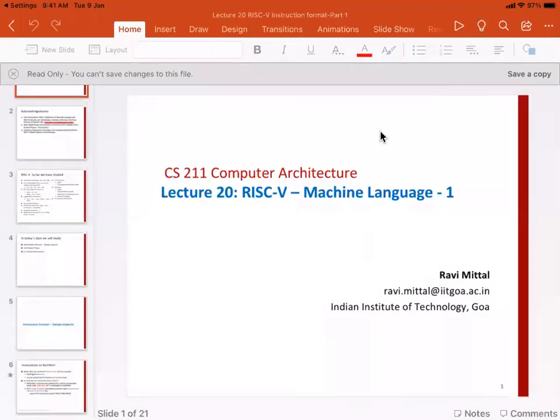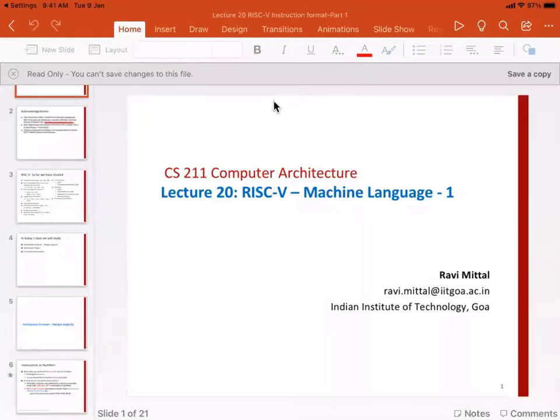All right, so let's start now with the format of the assembly instruction that we have seen in terms of machine instructions. So basically, how a machine instruction will look like. Because assembly instructions are coded in terms of machine instructions, so it's not just very simple coding. Some activity happens in between.